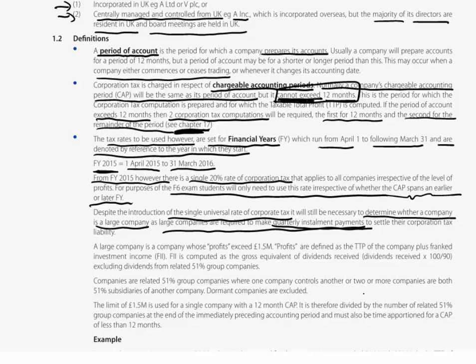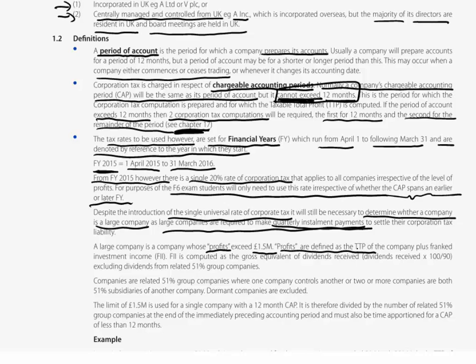The detail of it and how quarterly instalment payments work, well, that awaits us in a later chapter when we deal with the administration and the payment of corporate tax. But a large company is a company whose profits exceed 1.5 million. Now, that 1.5 million is based on a 12-month accounting period, and the profits to which we refer are defined as